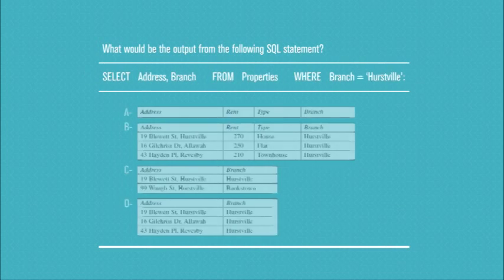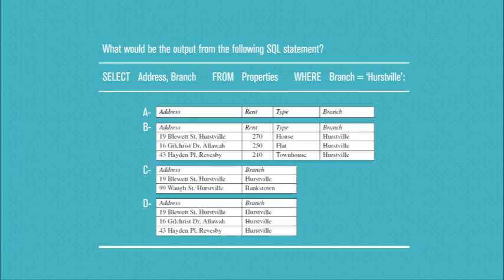So the question says, what would be the output of the following SQL statement? The SQL statement is shown with keywords select, from, and where. There's no order by in this one. And then there's 4 options given. So once again, with multiple choice questions, it's good to rule out some options which may not be correct. I think with this one, you can see there's option A, which has got no data against it. I reckon we could rule that one out pretty much straight away.